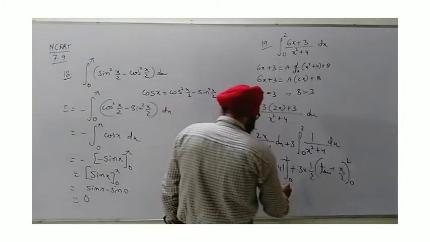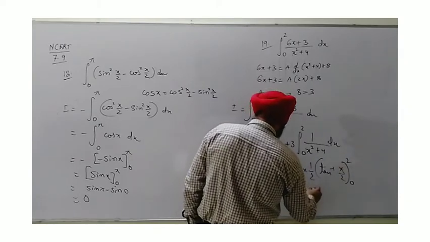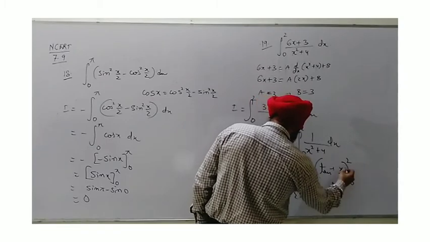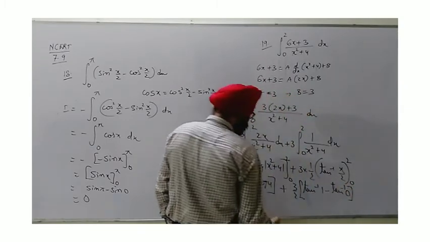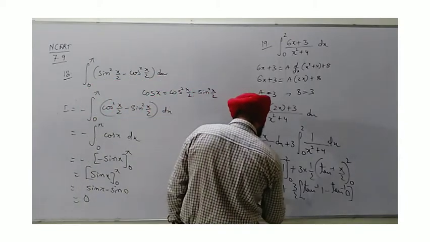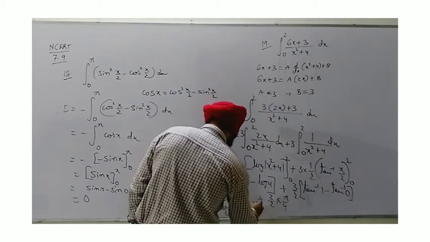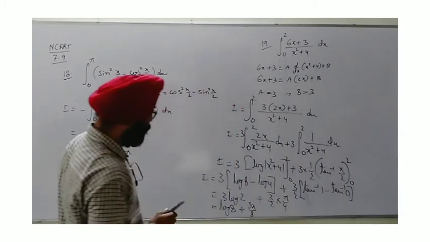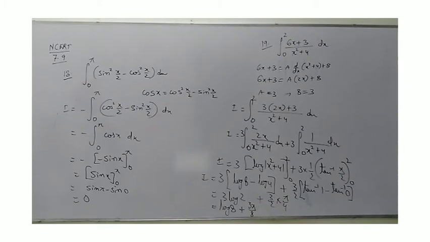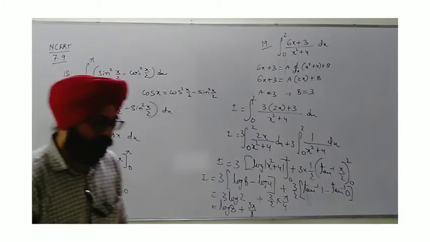The next one, here we get 3 by 2. If I replace x by 2, we get tan inverse 1 minus, then replacing the 0, tan inverse 0. Obviously tan inverse 0 will make the second term 0, but tan inverse 1 gives us pi by 4. And yes, we can finally write this as 3 pi by 8 as the second term, and final answer. So these were not that much difficult, but the problem may be in which method is to be chosen. Generally this happens whenever we are doing more than one method, then selection is the problem. So as I always say, it depends on choice. Let's see the next question now.